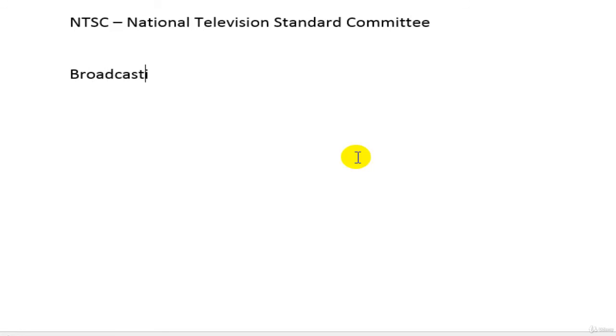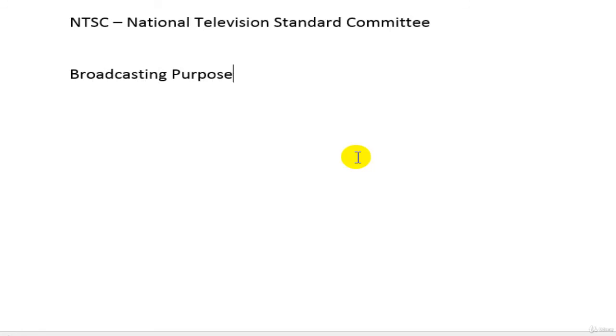So NTSC stands for National Television Standard Committee. You can say this is a kind of format which is used in different countries, mostly outside Asia, and this is mainly for broadcasting